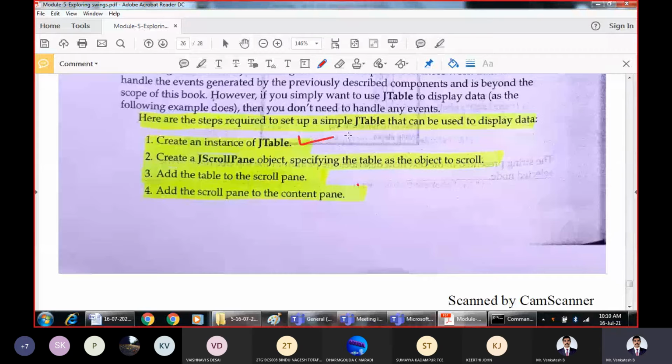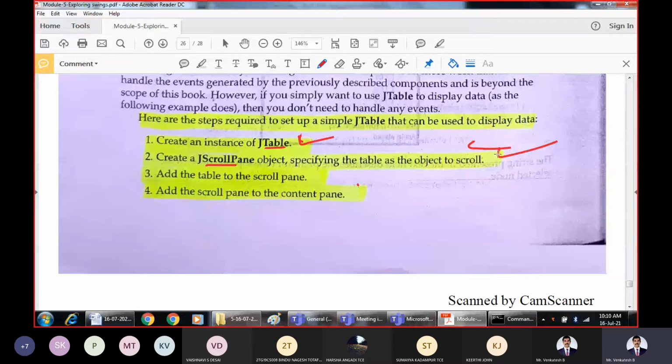The list of component values is passed and the table will be prepared first. Then once you prepare the table, add that to the scroll pane in the next step. Why? Because we want the table to be included within the scroll pane. Once you create the table, it is possible that we may need the horizontal scroll bar or vertical scroll bar. That's why it is embedded within the scroll pane.